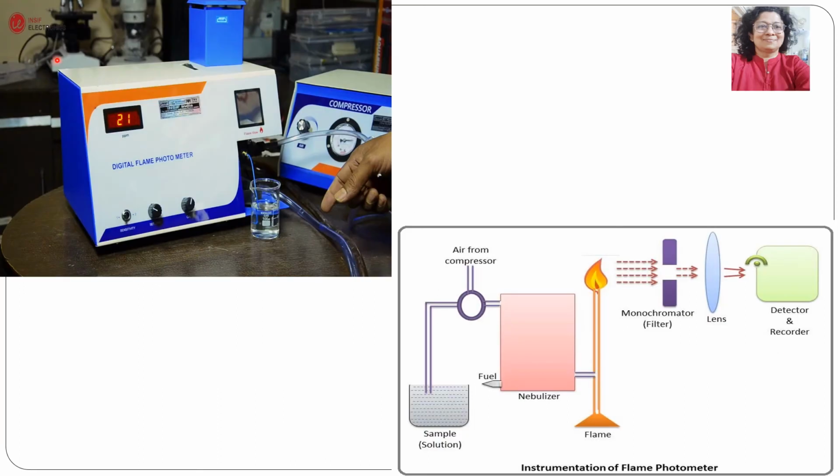So this is a digital flame photometer and this is how it looks. This is the digital display. This is from where the sample can be pushed in. This is the compressor. If we look at the whole instrument, you can see that from here the sample is taken, and from here there is air which will compress this whole sample. And here this is the nebulizer, which will convert the sample into droplets. So when these droplets go